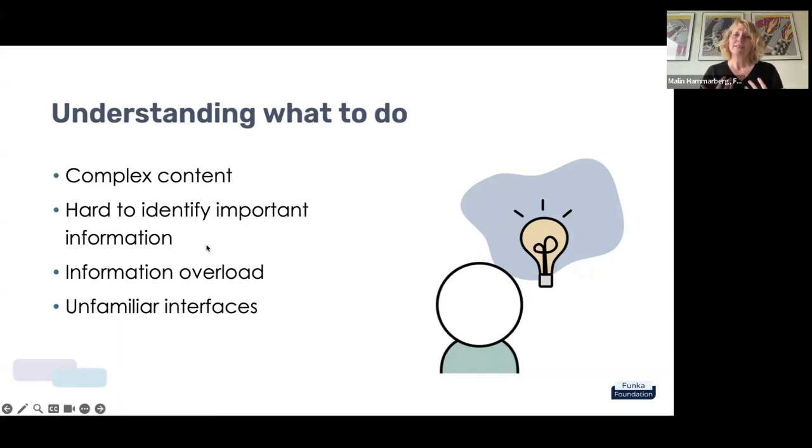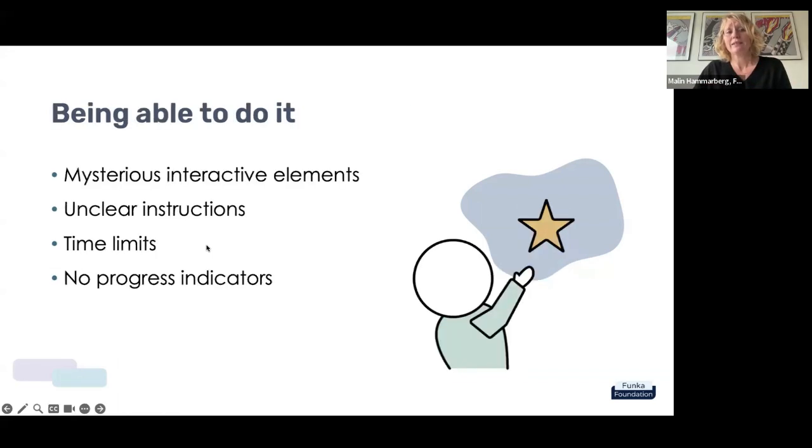Or the interface is unfamiliar and we can't really figure out where they want us to go or what they want us to click, or the menu icons maybe do not look like we are used to and are not placed where we're used to. So we have a hard time even figuring out where the menu is on the website. All these increase the stress. But when we figured out what